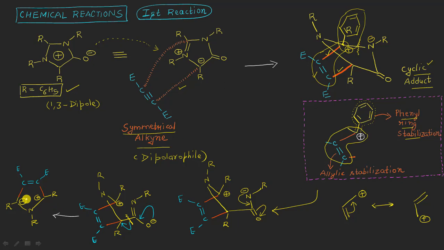And finally, we can show that the resonance here will be like these electrons coming in between this bond, and the pi electrons are coming in between this and this, dispersing this positive charge, finally resulting in the formation of what? E single bond. This will now be a single bond E here. This will now become a double bond in this way. And finally, this is having R here, single bond nitrogen, R single bond R here, which is, if you are able to recognize this, what?